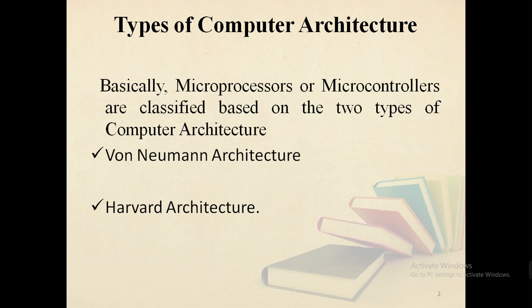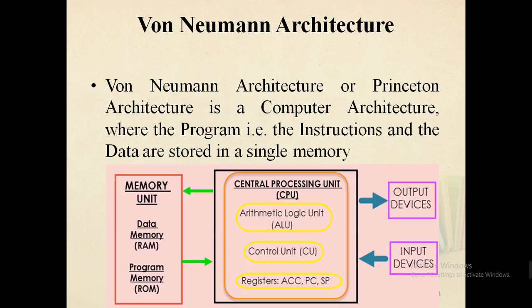Basically, microprocessors or microcontrollers are classified based on two types of computer architectures. The first one is von Neumann architecture and the second one is Harvard architecture. First, coming to the von Neumann architecture. Von Neumann architecture is also called Princeton architecture,